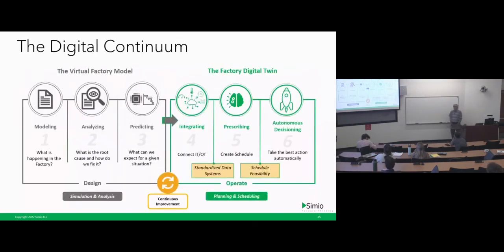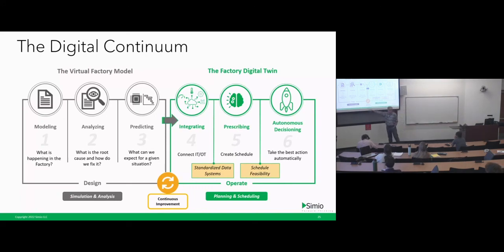And so we have this digital continuum. You talk about one model. I think, let's see, is it one model, one truth? One model, one truth, one model, source of truth. I can't remember what the tagline is, but there is a tagline that they've gone back and forth on. The basic idea here is I'm going to use the same basic model to do design and analysis, traditional simulation, and planning and scheduling. So I use a model to design. I use that same model, or an extended version of that model, to do planning and scheduling.